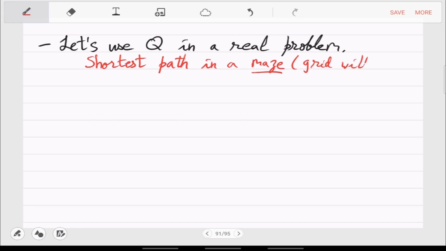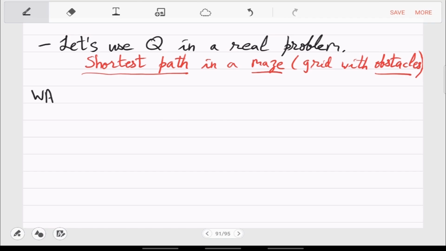So this is a grid, a maze is a grid with obstacles. So what you have to do is write a program where the input is a grid n cross n, and there are some accessible cells or empty cells, and there are cells which have obstacles. Right? So basically obstacles, you can think of it as a mine. So if you put your foot on the mine, then you will explode. Right? So you want to avoid those, and you want to go from cell S to cell T in the grid. So what is the shortest path? You want to find that.